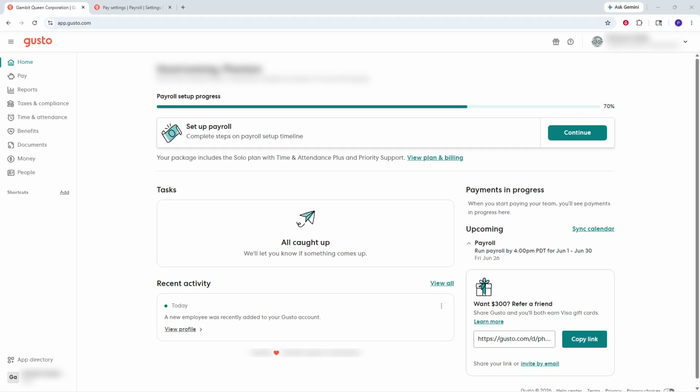In today's video, I'm going to teach you how to edit your payroll settings on Gusto. To get started, sign in to your Gusto administrator account. Make sure you're using an admin-level login, since payroll settings are typically only available to users with the right permissions. Once you're logged in, take a moment to confirm that you're on the main dashboard and ready to make account-level